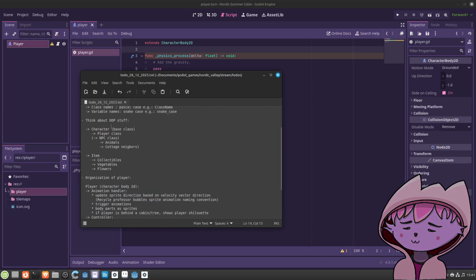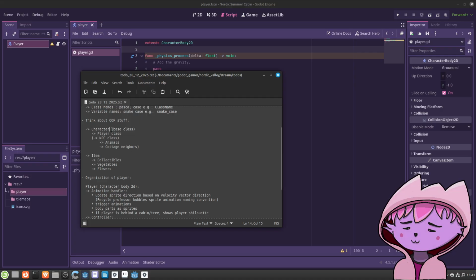If we say the character base class inherits from character body, I guess it's fine.